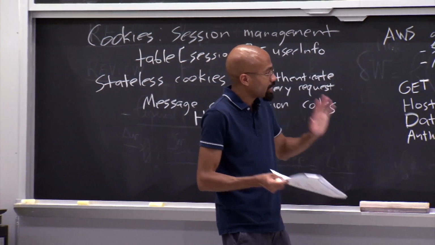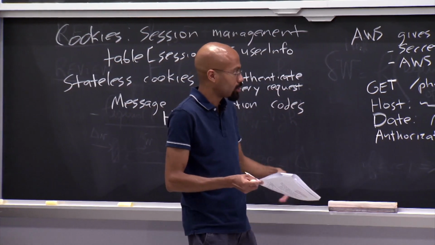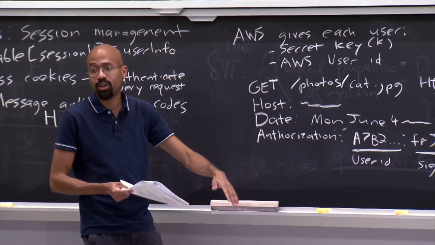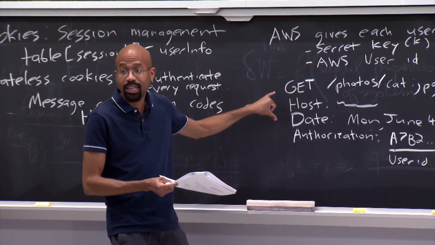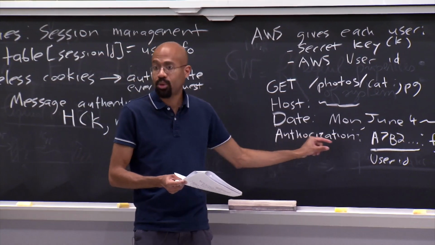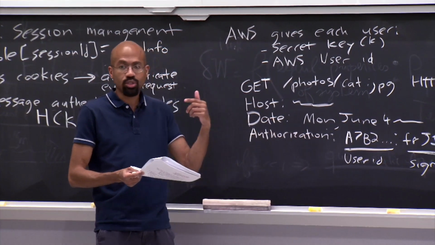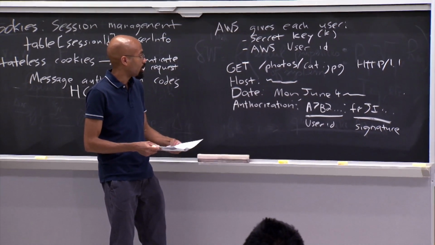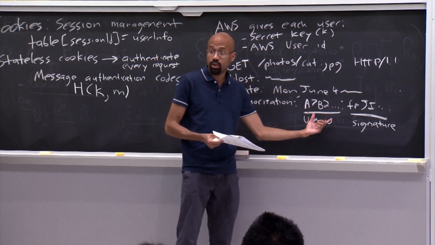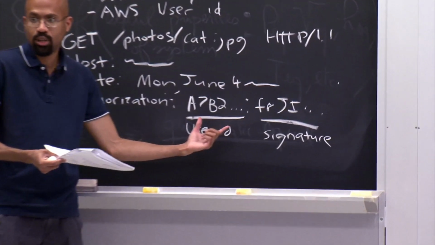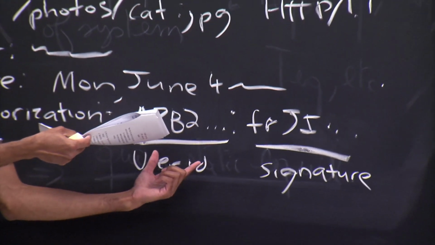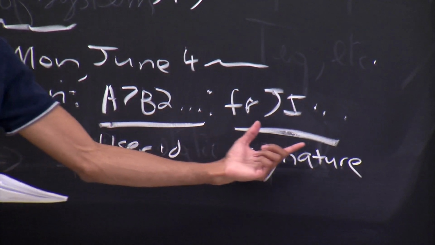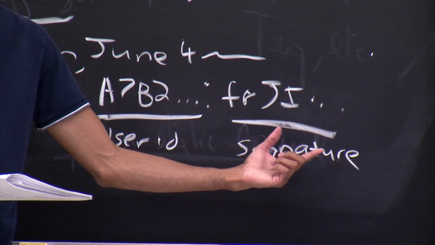Yeah, so basically, to first approximation, imagine that in the regular world, this would be some cookie here instead of the authorization. But now we're getting rid of the cookie and we're saying, here's this clear text message, and then here's this crypto thing, which basically allows the server to figure out who this thing came from, right? And so the server knows who the user is, because that's embedded in the clear. That's not a secret, right? But this basically allows the server to say, aha, I know which secret key this user should have been using to create this, if that is in fact the real user.